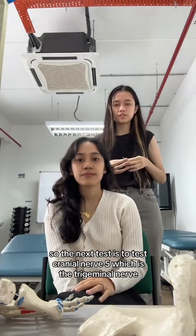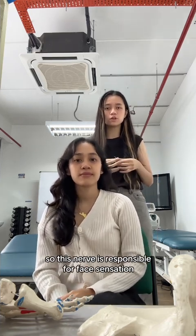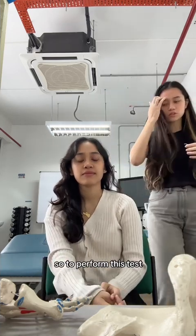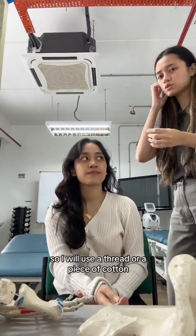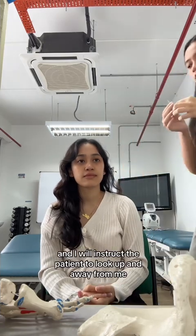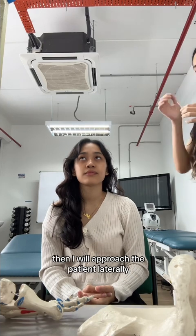Okay. So the next test is to test cranial nerve 5, which is the trigeminal nerve. This nerve is responsible for face sensation, but it is a sensory and motor nerve. To perform this test we will test both sensory and motor aspects. I will use a thread or a piece of cotton, and I will instruct the patient to look up and away from me. Then I will approach the patient laterally